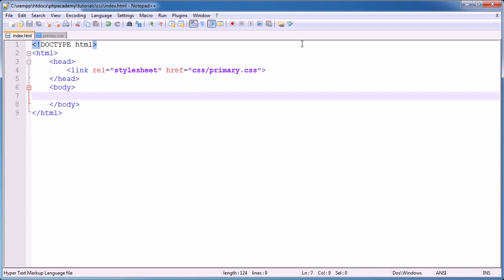Now an ID. Now an ID is more or less the same thing, but we can only have one of them. It's a unique identifier. So ID, identifier. Okay, so why would we use this? Why couldn't we just use a class? Well, you could use a class, absolutely, but when we have things like div ID equals